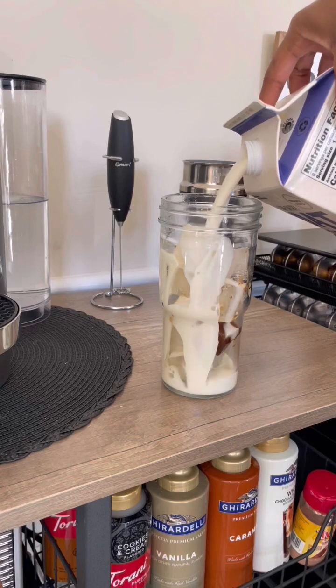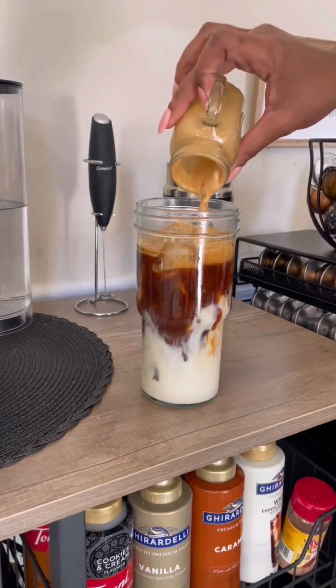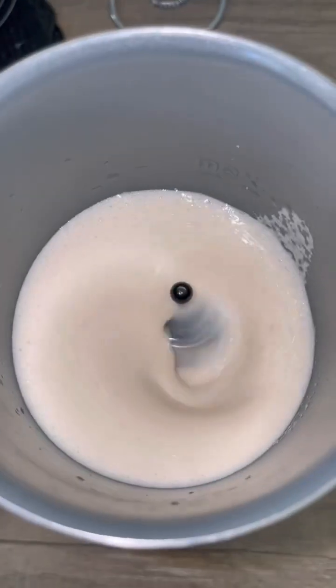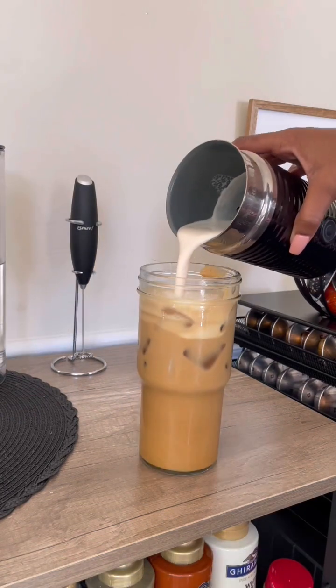Then I added my oat milk, and I added a little less than usual because I'm doing cold foam. I added my shots on top of that, and then I used the best creamer ever to make my cold foam. And then I know they don't mix their macchiato, but I just gave it a stir